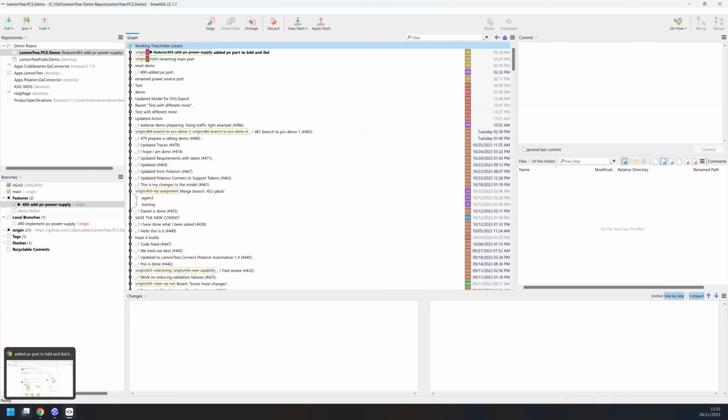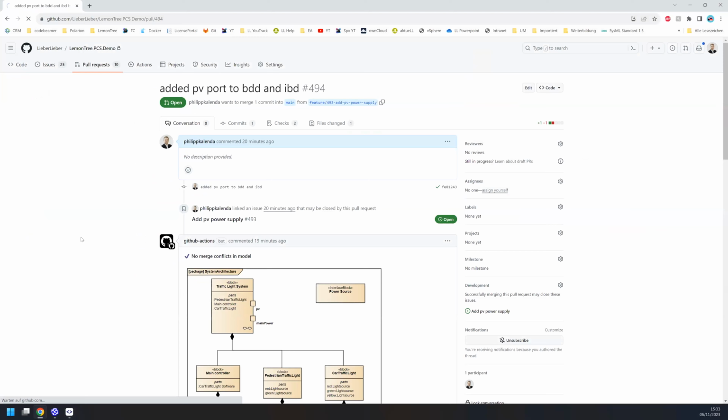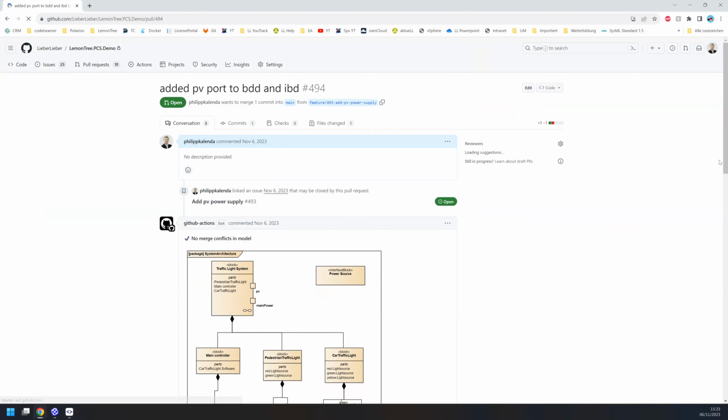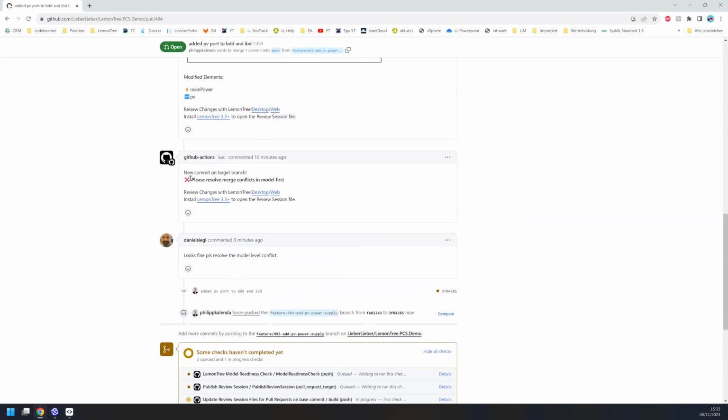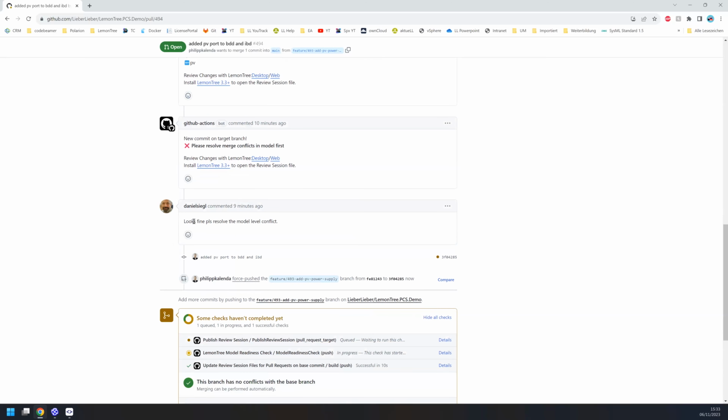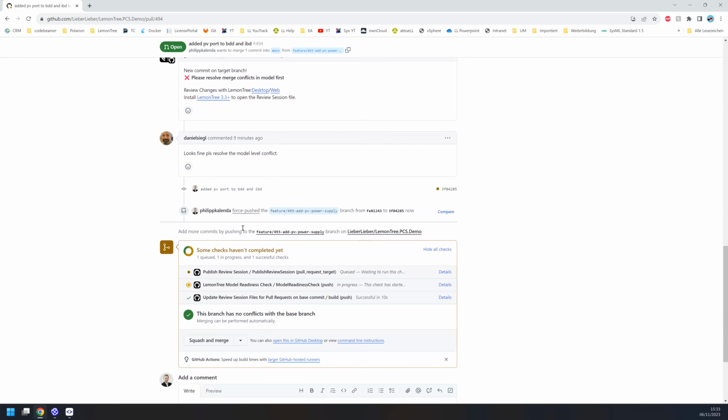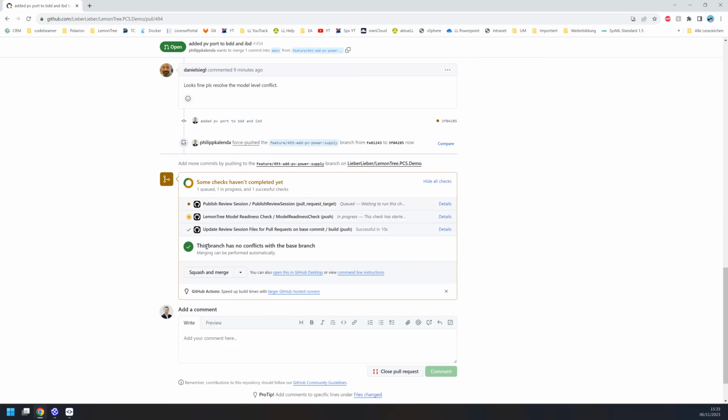And if we now go back to GitHub and take a look at the history, so here we can see there is a merge conflict, and it could not be merged. Based on the content, it looked fine to the reviewer, but now we can see that this branch has no conflicts with the base branch. So after my merge action, I resolved these conflicts, and now I would be able to